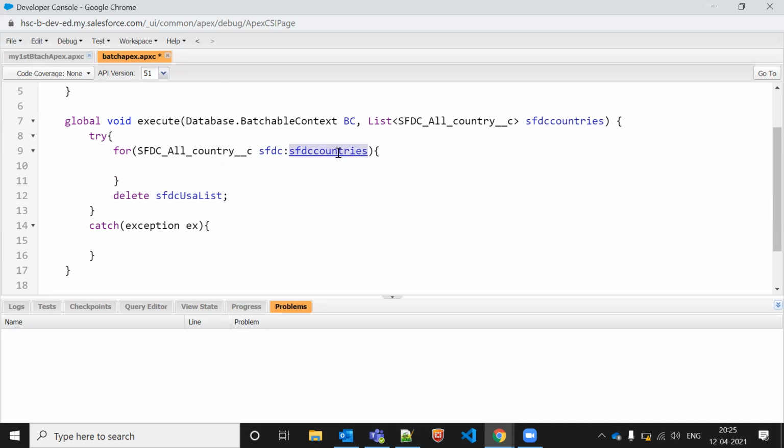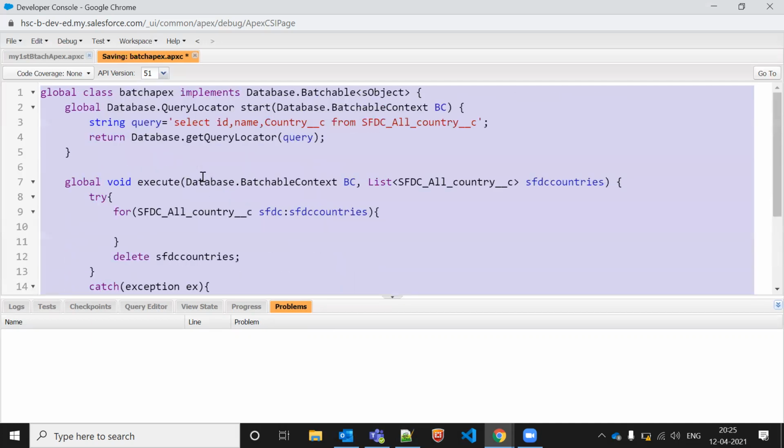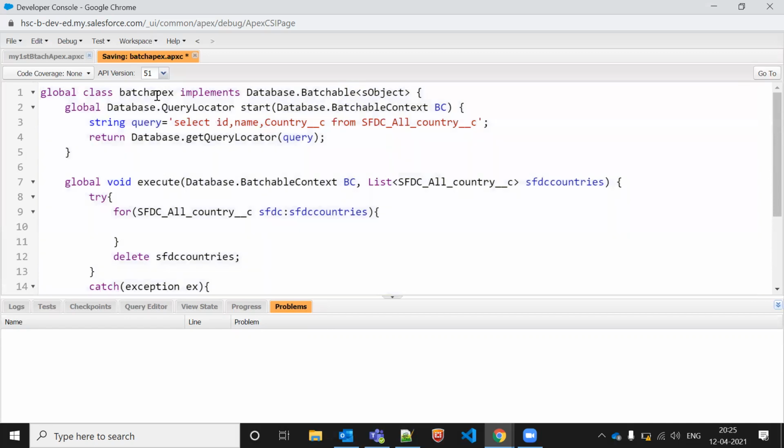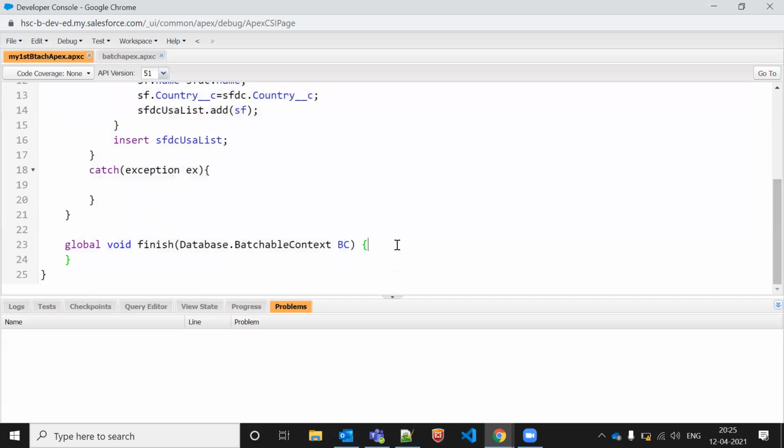Delete SFDC country. So whatever batch apex we have, we'll call inside the future method.